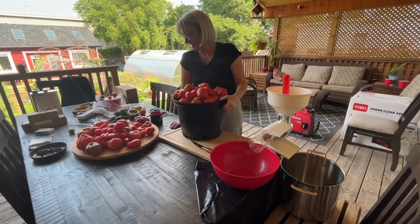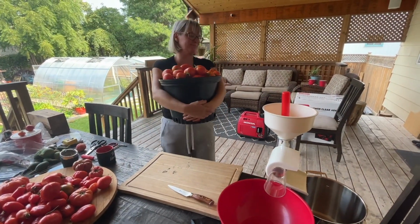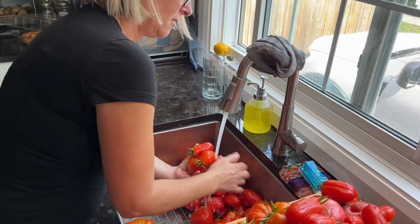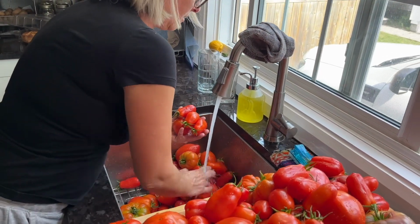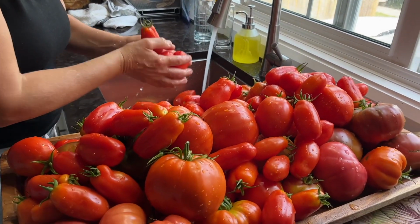Hey, that's about 20 pounds. Wash them. This is really a long, all-day process for me. There's a lot of prep work, so when I do this, I make sure I have nothing else on my